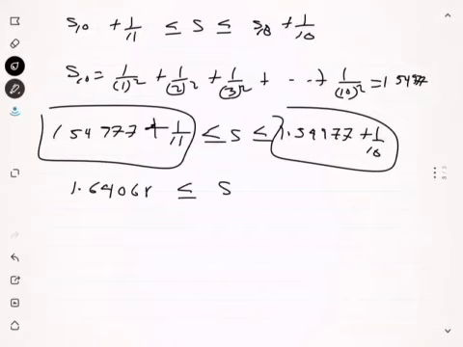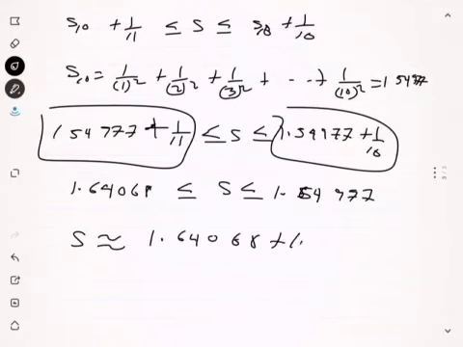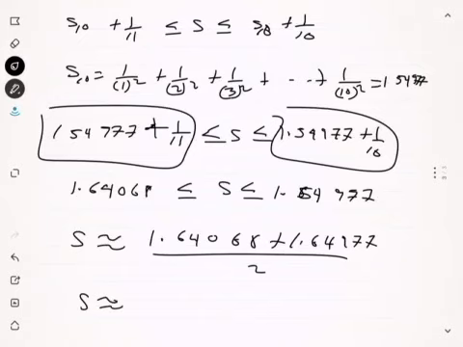1.64068 is between that and 1.54977. And if you take the midpoint of this interval, then S will be approximately equals to. So it's between those two numbers. It's within that interval, so S is approximately. You can take the midpoint of that interval, so 1.64068 plus 1.64977 divided by 2, or S is approximately equals to 1.64,